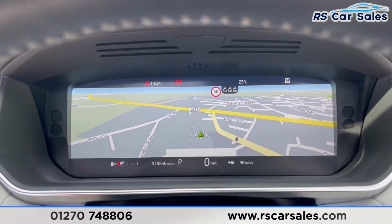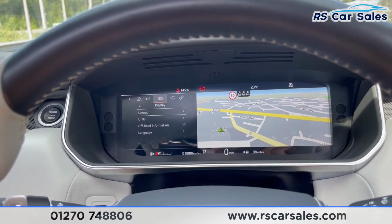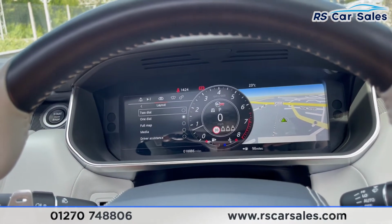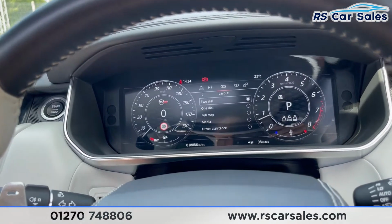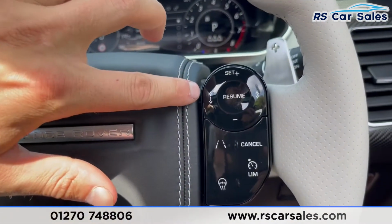Now I can change the dashboard, so you can have different settings on there. So currently it is the map. Go on to your layout, you can change it from 1 dial to 2 dials. It's entirely up to your preferences. I like to keep it on 1 dial, but for the purpose of this video I'm going to leave it on 2. Now on this vehicle you do have the multifunction steering wheel with your adaptive cruise control and speed